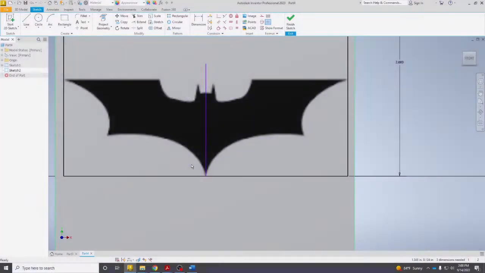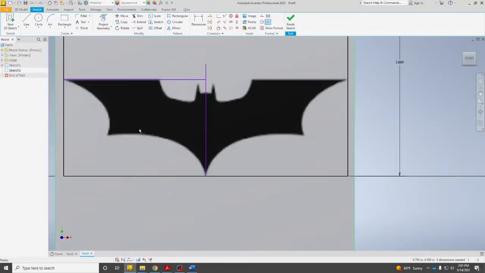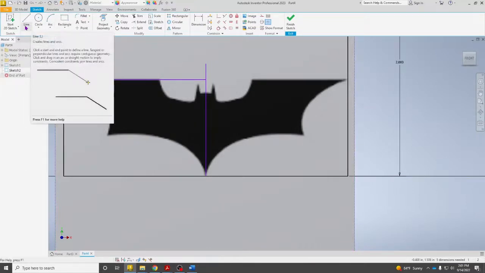Okay. Now, based on the information that I have given you so far, if I were to just draw straight lines and create arcs, I could pretty easily create something close. But as you see, these arcs aren't accurate. They're pretty close, but they're not accurate. So I'm going to undo or delete those 2. And I'm going to go to the pull down menu right here,